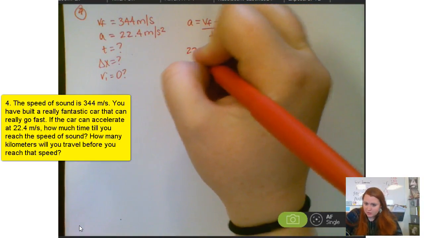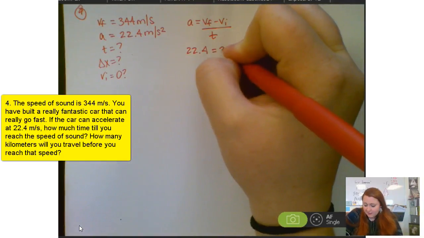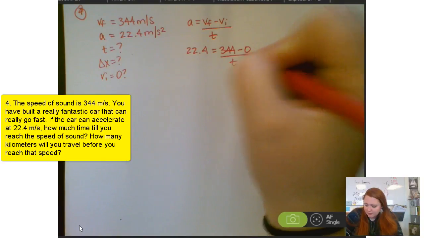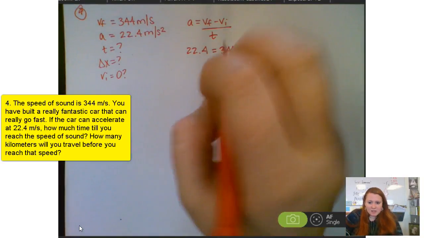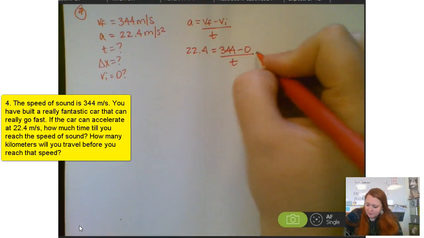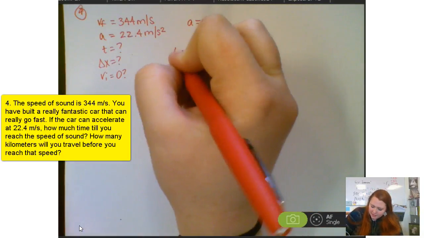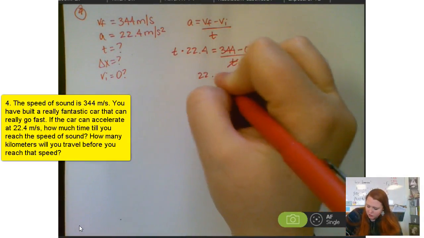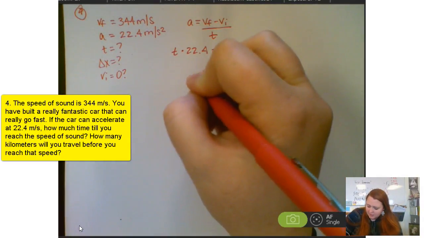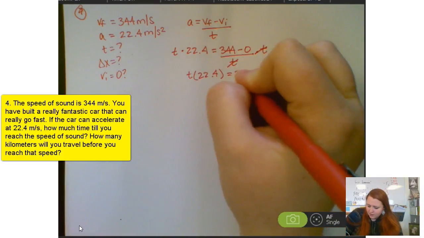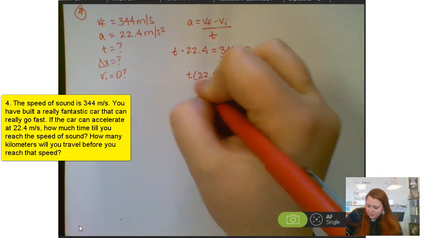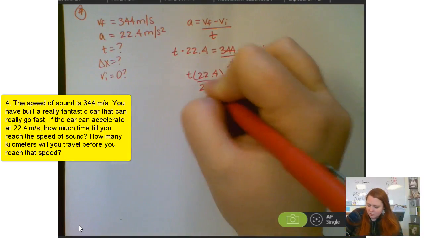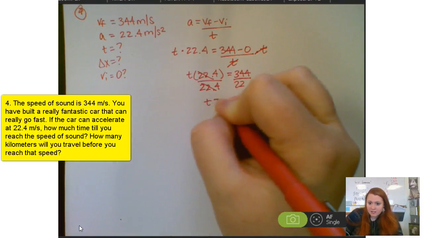So I'm just going to solve for time here. A is going to be 22.4. VF is what we're trying to get to. That's the 344 minus 0 over t. The same algebra steps as before. To get t by itself, I need to multiply both sides by t. That will cancel out. And then I'm left with 22.4 times t equals 344. Now if I divide both sides by 22.4, I'll be able to solve for time and get t equals